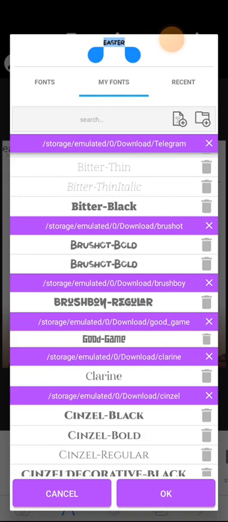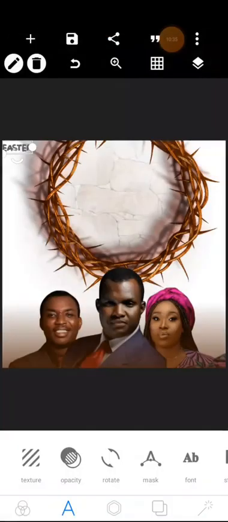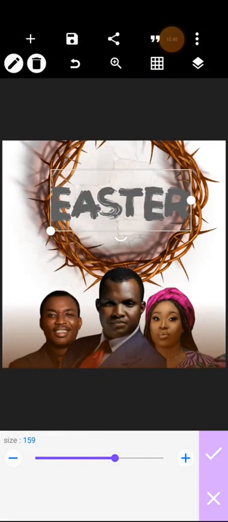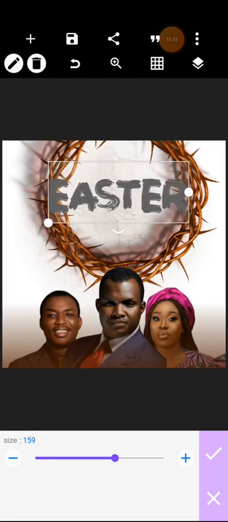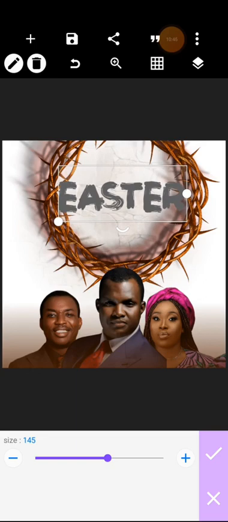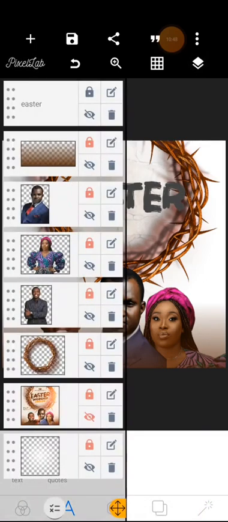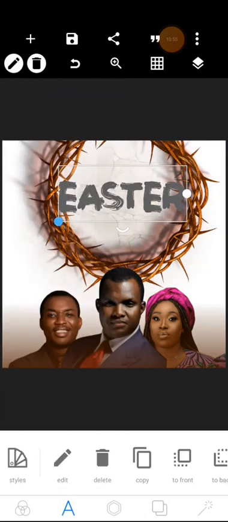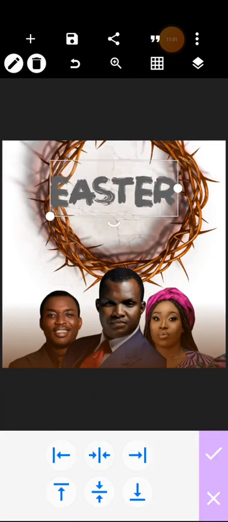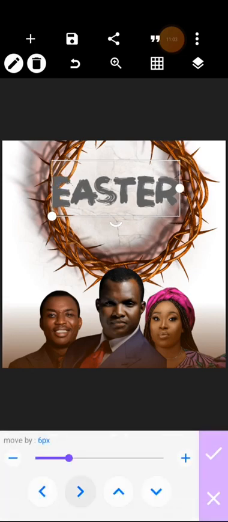Okay, Brush Shots Bold. I think this is the font I used here. I chose this font because it felt like blood writing, like paint made from blood. Let me just look at this. Yes, it's the font. It felt like the effect you get when you use blood to write. Since it's a celebration of the resurrection of Christ, I thought of using a font like that to kind of illustrate